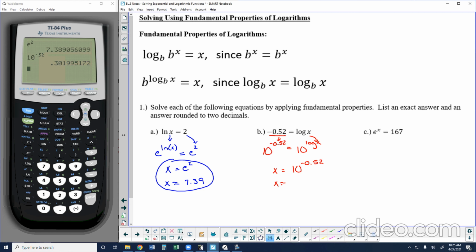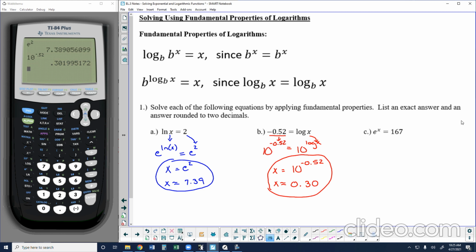So in this case, x would equal approximately 0.30. And if we're rounding to two decimals, we do want to include that 0 there. We're not rounding up to 1. We want to include that decimal, though, to show that we are rounding to the hundredths place. Taking a look at C,